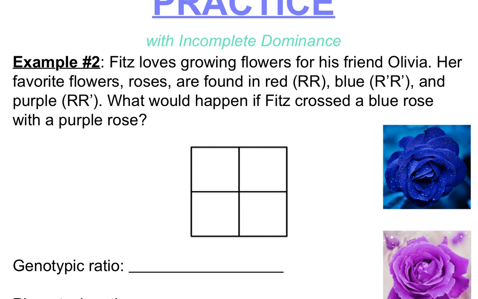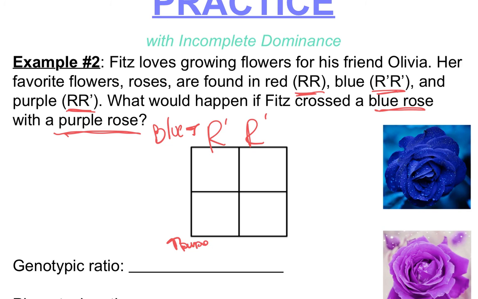Let's do another example. It says Fitz loved growing flowers for his friend Olivia. Her favorite flowers, which are roses, are found in red, homozygous dominant, blue, R prime, R prime, and purple, heterozygous, R and R prime. So what would happen if Fitz crossed blue roses and purple roses? So there's our blue rose, and then the purple rose is R and R prime. And when we fill in our Punnett square,